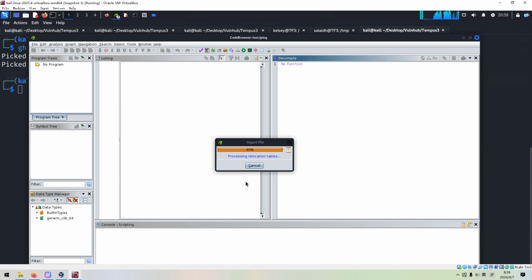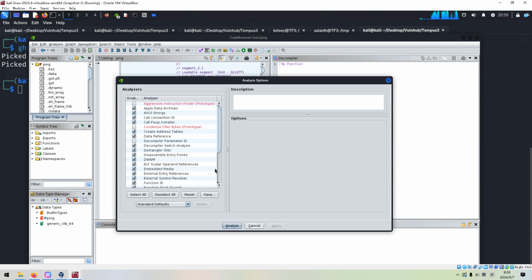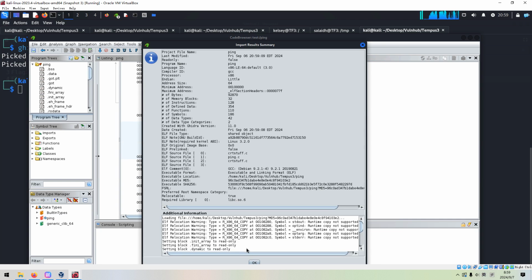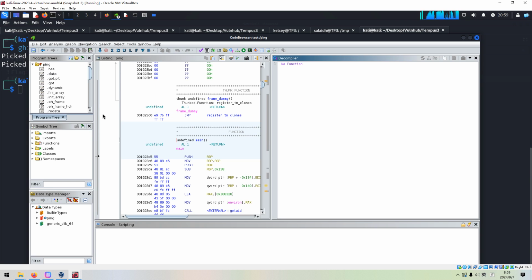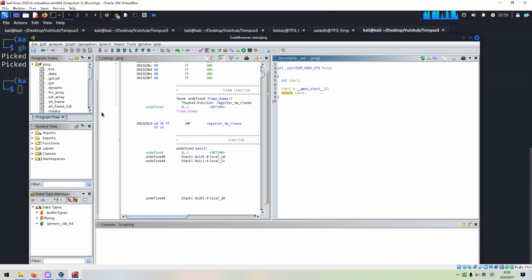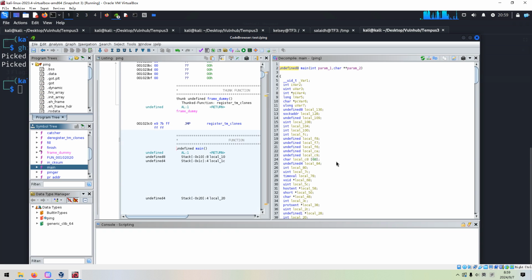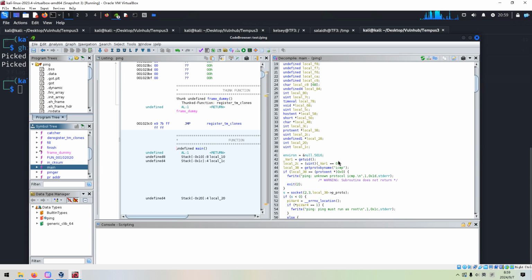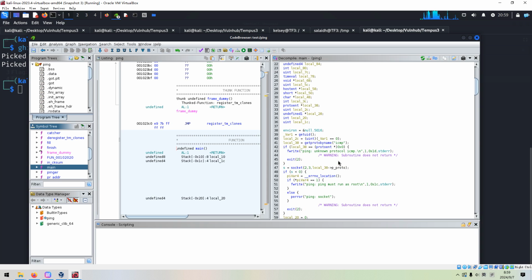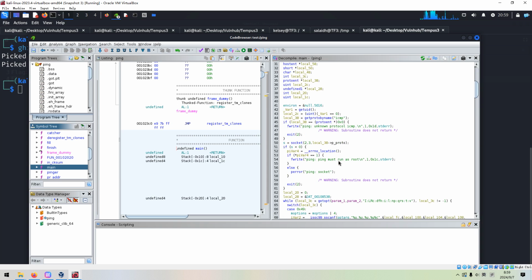Yes, analyze. Okay. And first of all, we can locate the main function, which should be the starting point of any C code or binary. And we can scroll down.